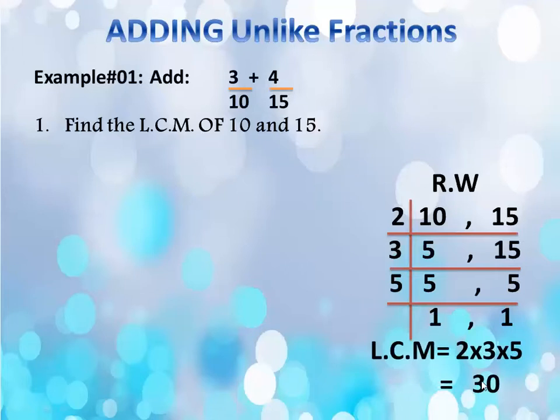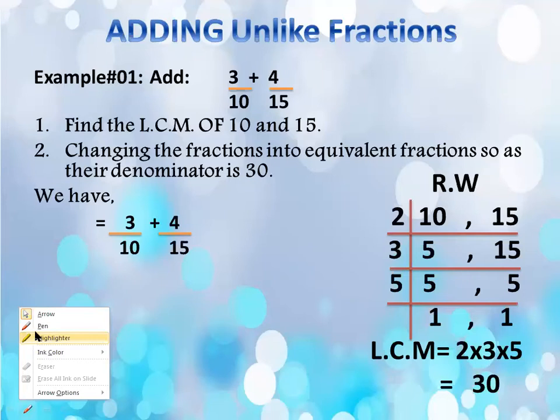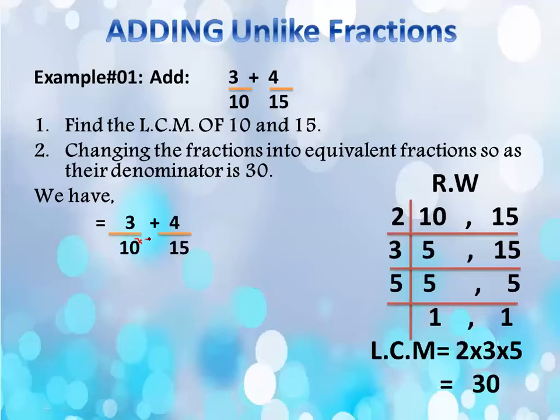In the working column, what you will get after finding the LCM of 10 and 15 will be 30. So you have to multiply your denominators with such numbers that your answer will be 30. You have to make your denominators common. So you will multiply 10 by 3 to make it 30, and similarly 15 by 2 to make it 30, and similarly you will multiply the numerators with the same number.